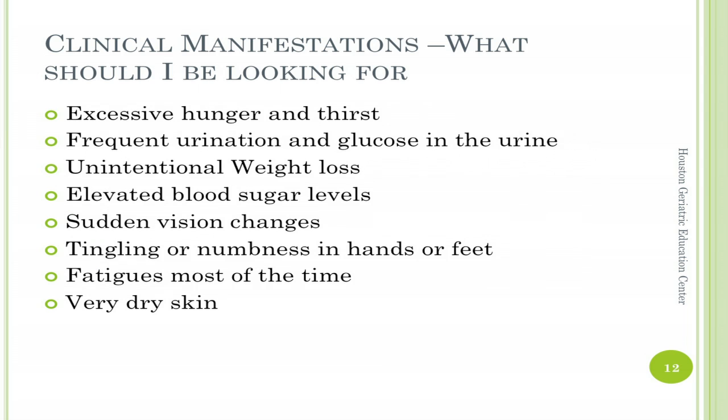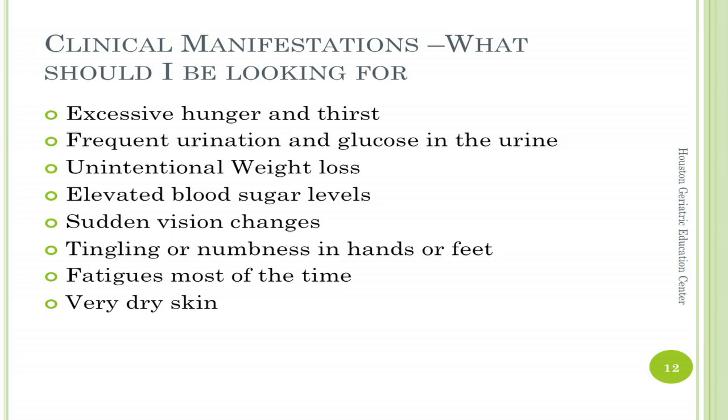There are clinical manifestations, or signs and symptoms, that you could be looking for as a formal caregiver that would be considered signs of diabetes. And all of these symptoms are due to the high sugar level in their blood and the associated damage that it causes. So they're going to be excessively hungry and thirsty, have frequent urination, and there might even be glucose or sugar in the